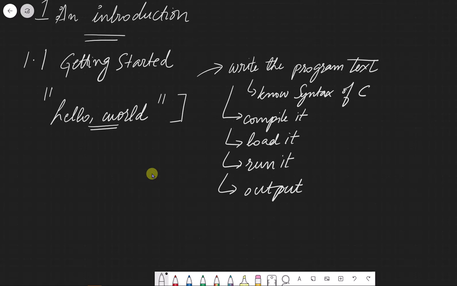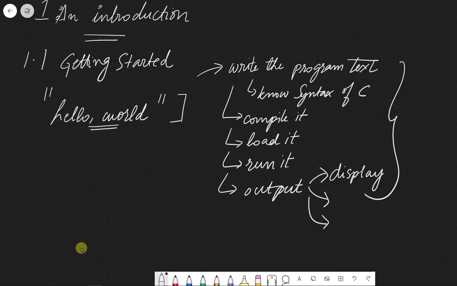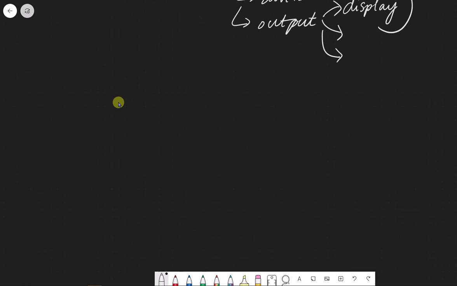We usually assume the output always comes on a screen because that is what we mostly see. But the output can go to a file, the output can go to a button, the output can go to any sort of mechanical system. So when we want it to display on a screen, that is a set of different tasks in itself. When we are printing this hello world statement, we'll be learning all of this in a single program, and this will be useful going further. In C, the program to print hello world is